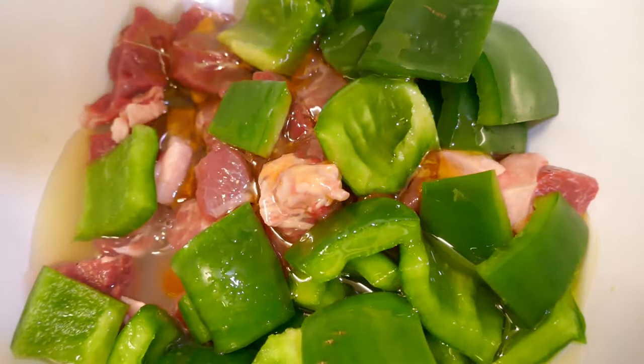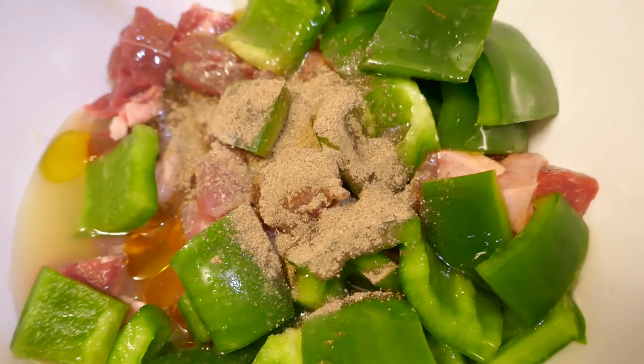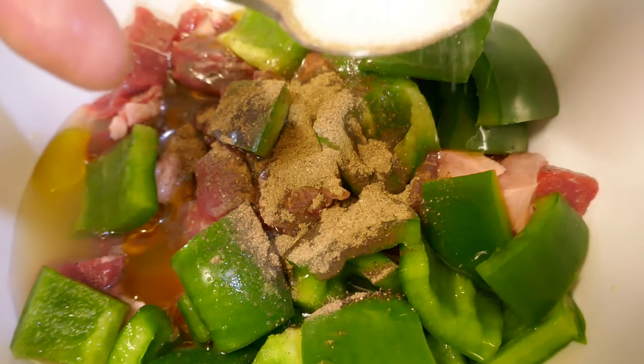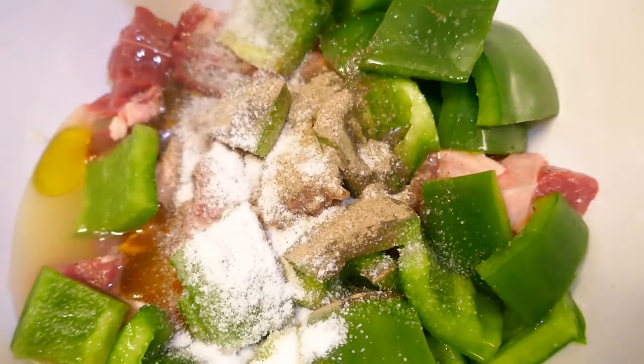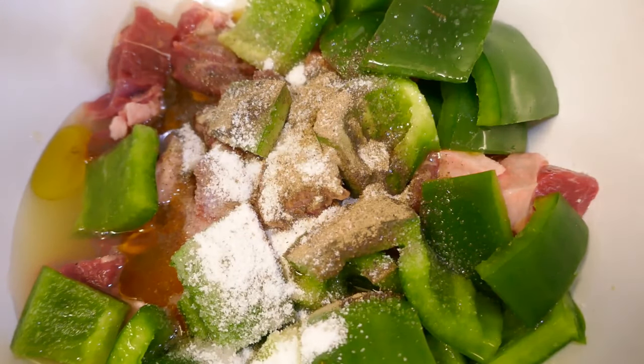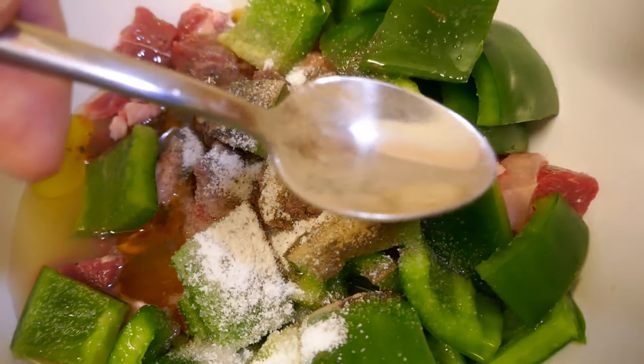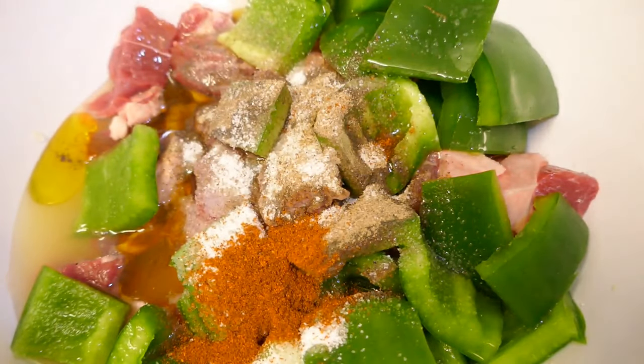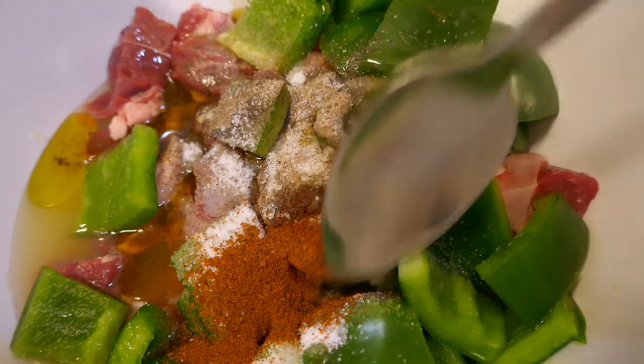Get that in there, and just a teaspoon of ground black pepper, a teaspoon of ground salt, and just about half a teaspoon of chili powder. And that's it, guys. So I'll just stir that up,